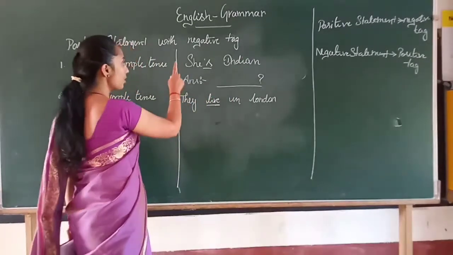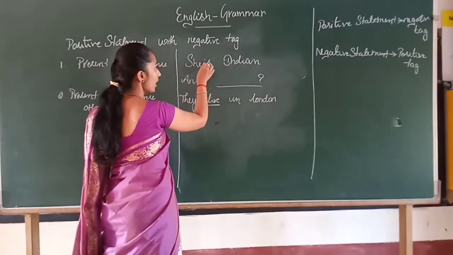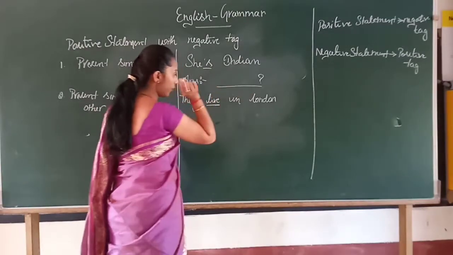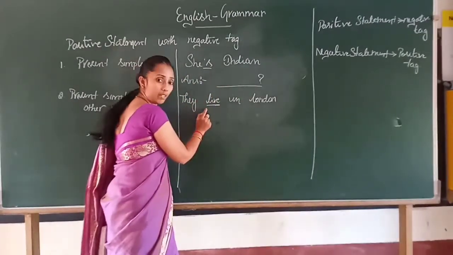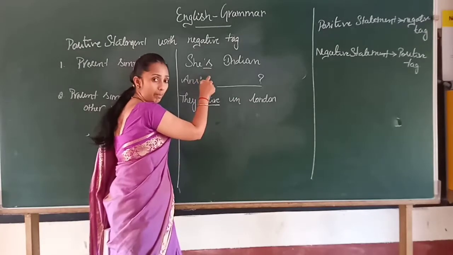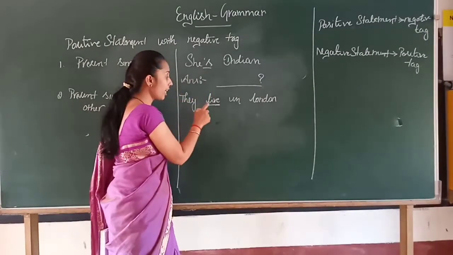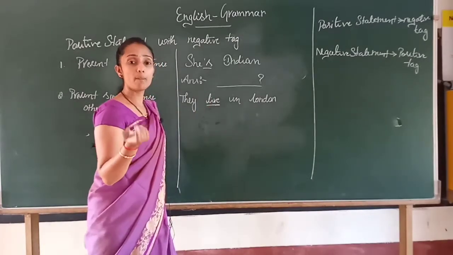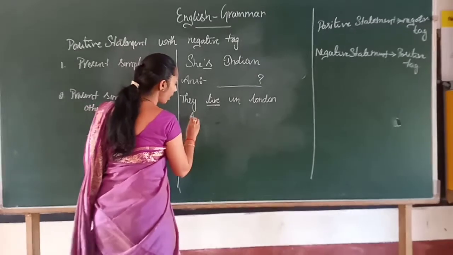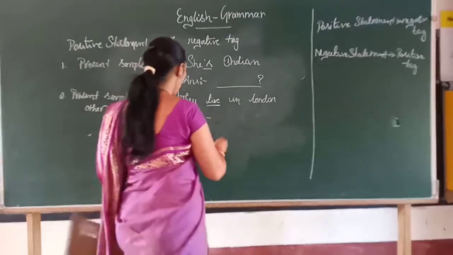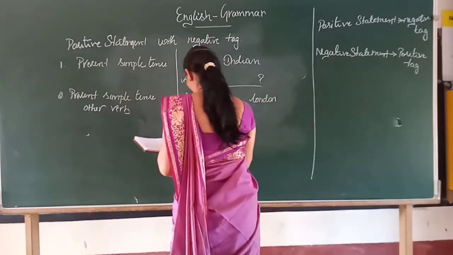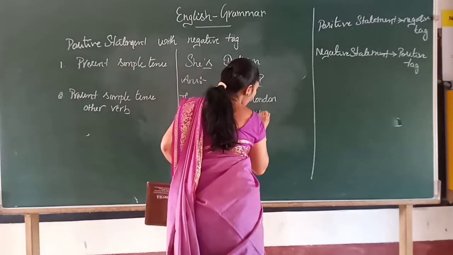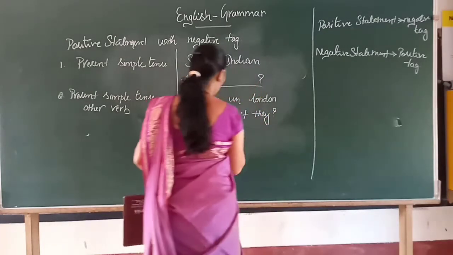See, it is simple: suppose she is an Indian. So here this is positive, you will make it into negative and frame the question type. Whereas this verb, which is another verb, which is not a helping verb, this one is a helping verb, right, children? Here "live" is an independent verb where there is no helping verb. Then how will you make a question tag? How will you make a question tag? So your answer: see, they live in London, and your answer is "don't they." Don't they. This is your answer.